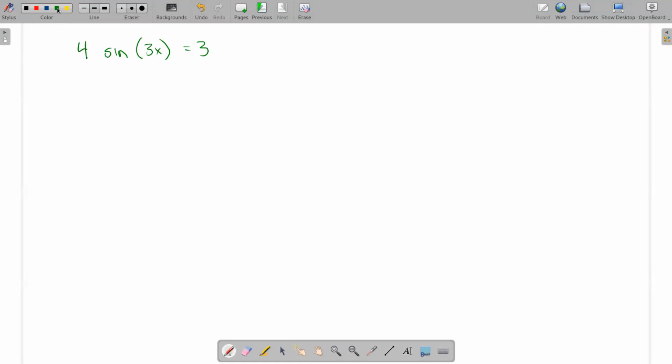One way to go about this would be to first solve for the sine. If I divide by 4 on the other side, I get the sine of 3x is equal to 3/4. To simplify this for a minute, I'm going to call the 3x theta. I'm just doing a substitution and asking, what would the sine of theta tell me about the 3/4 here? So if I think about the unit circle,